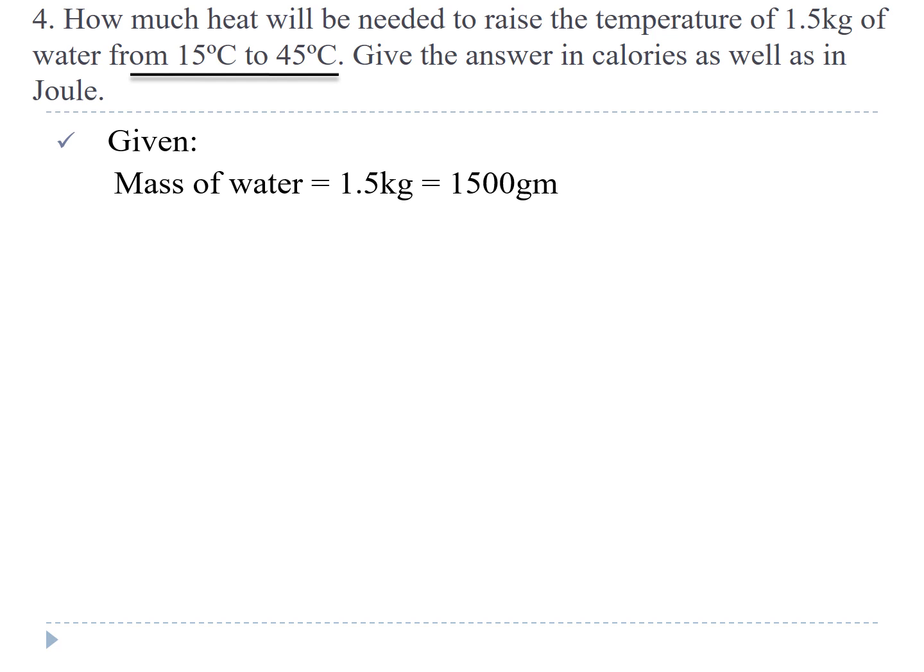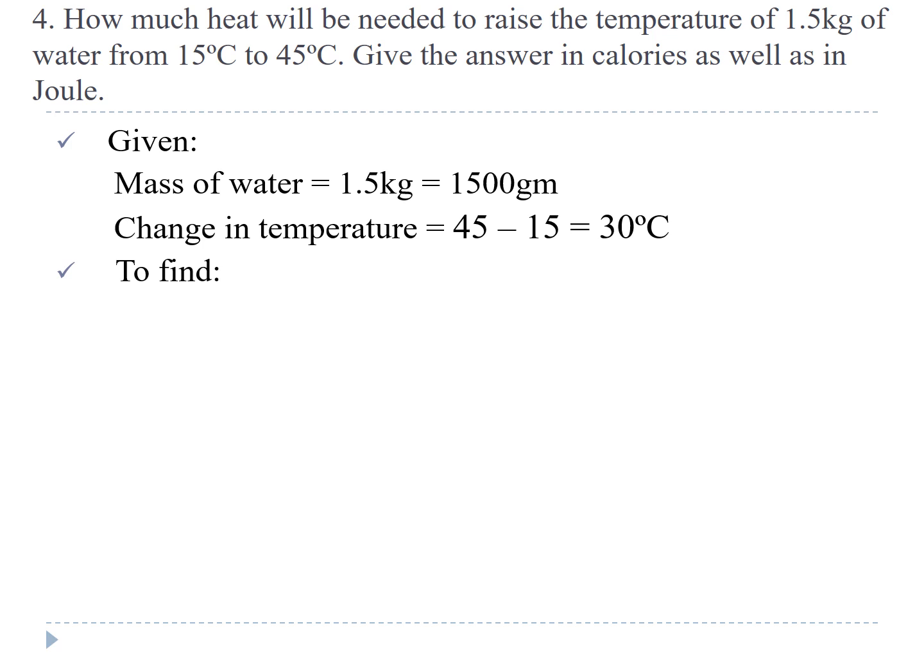Now this is the temperature change that they are mentioning. If you are getting confused, you can look at the unit that is mentioned, you will understand. How am I telling you that it is temperature? Because degree Celsius is used, that is why it is temperature. So temperature is raised from 15 degrees Celsius to 45 degrees Celsius. So we will write change in temperature. I told you, instead of sitting and subtracting the two numbers while you're solving in the formula, you do it before only. So change in temperature is 45 minus 15, that is 30 degree Celsius.